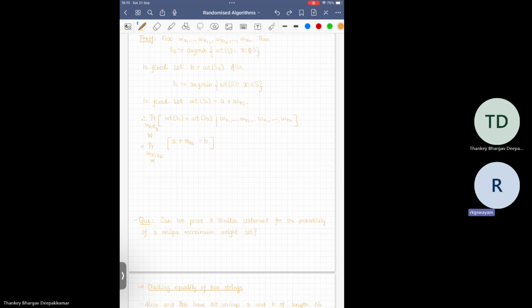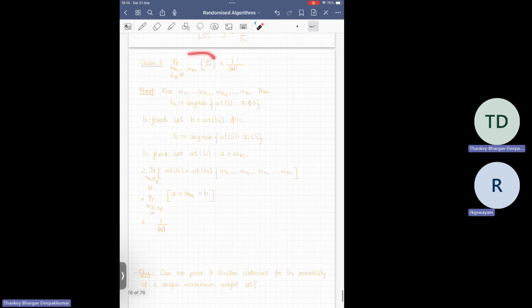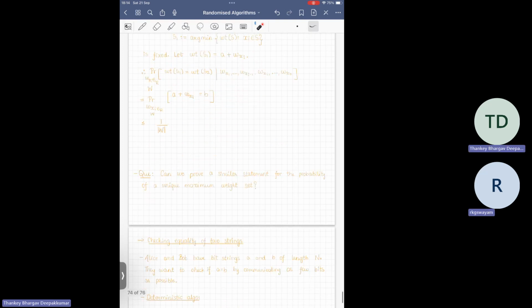Yes, that would be less than or equal to d divided by the size of S, where the degree is 1 and S is this one. But I have only upper bounded this conditional probability, not this probability. But that's easy